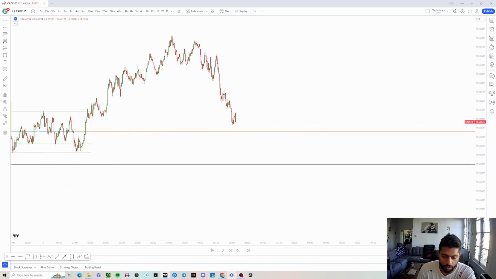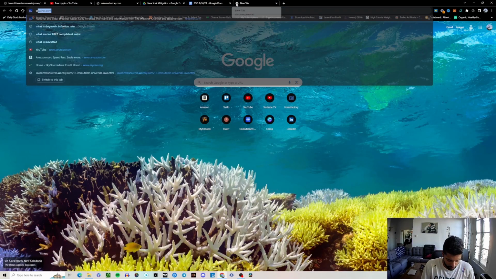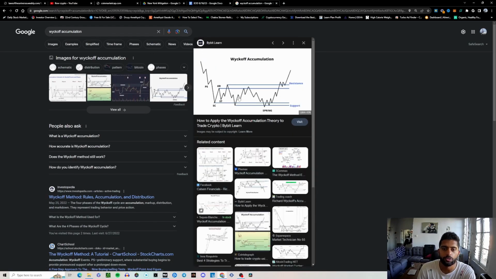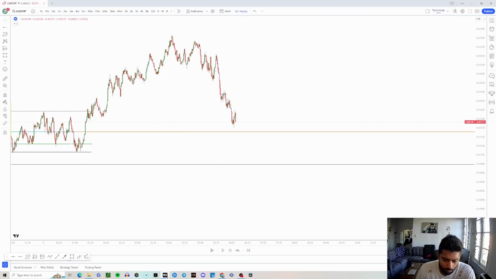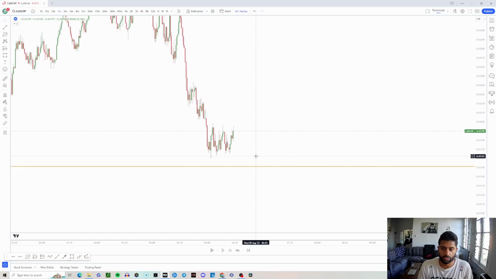So I trade Wyckoff, and I need time and price to play itself out. This is not a video explaining Wyckoff, but just a little bit. I like to trade the one with the spring, a last liquidity grab, if you want to call it, before the move up. So basically, I'm looking for a range and liquidity being taken. But this is not a strategy video, this is just a backtest. So we see a range starting to develop.